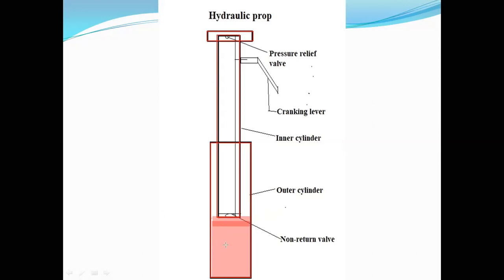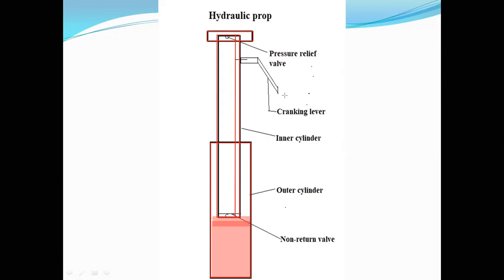See, basically, there is one pressure relief valve which is present at the top portion. I'll tell you what the purpose of this is, because we need to understand the different parts of it. There is a connecting lever which is connected to the non-return valve. This is the non-return valve, guys. Basically, during the cranking operation, this lever is called the cranking lever, so that you can manually set the prop.